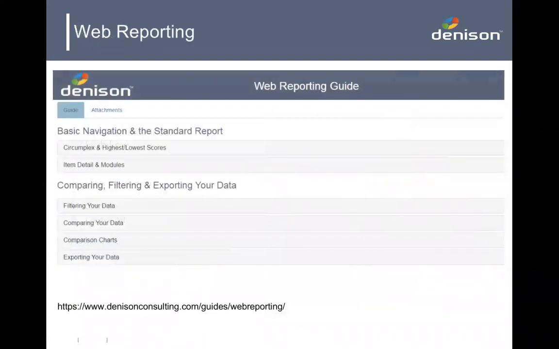We also do our reporting not only in terms of reports that we distribute, but also in terms of our web reporting process. So you sign on to our website, and then you can filter your data, compare your data, do your own comparison charts, export those, and look at the different kinds of cuts and segments of the data that you want. In any way you want, at any time that you want.